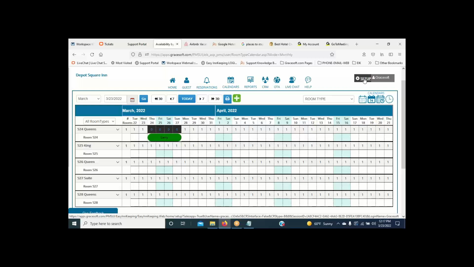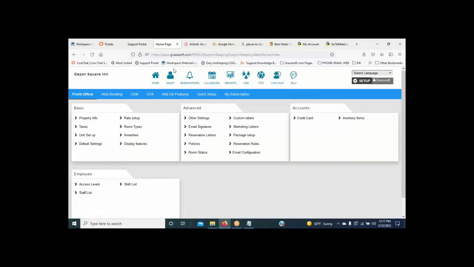Once you have your Airbnb listing set up and in place, then the only thing that you really need to double check from Easy Innkeeping is two things. The connection that Easy Innkeeping provides with Airbnb is it shares rates and it shares availability. And so it's only those two things that you need to be sure is up to date in Easy Innkeeping.